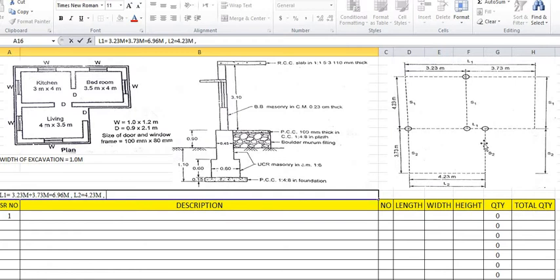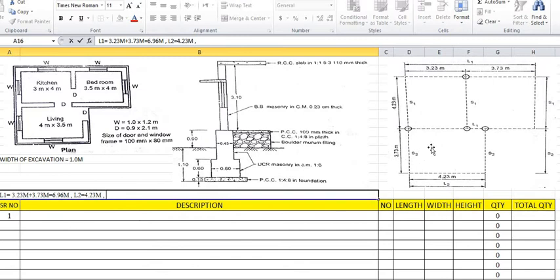Again, what is the short wall length? We are considering horizontal as long wall and vertical as short wall. Short walls are the divisions. Here we are dividing these figures, and the division figure is nothing but the short wall. So 4.23 is the short wall. We are considering S1, S1 and S1, because 4.23, 4.23 and 4.23 are along the same line. Therefore we are giving the notation S1.